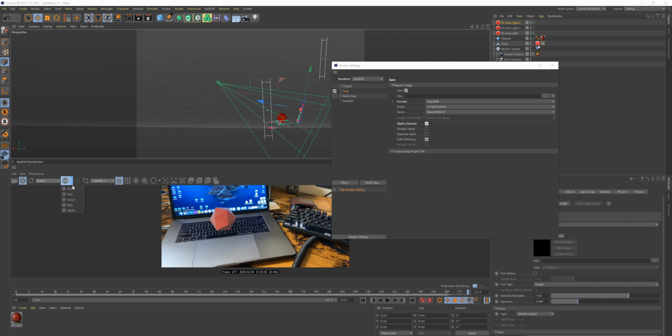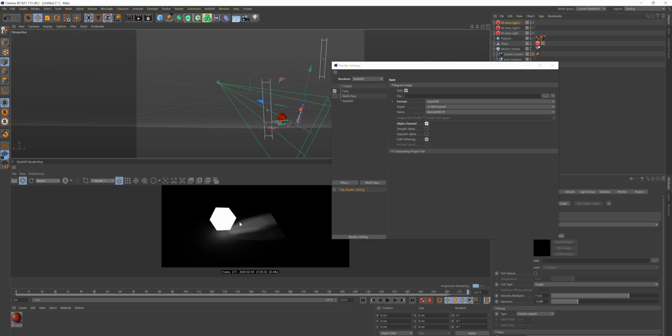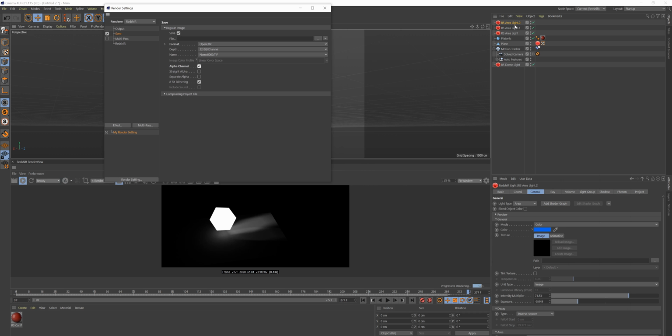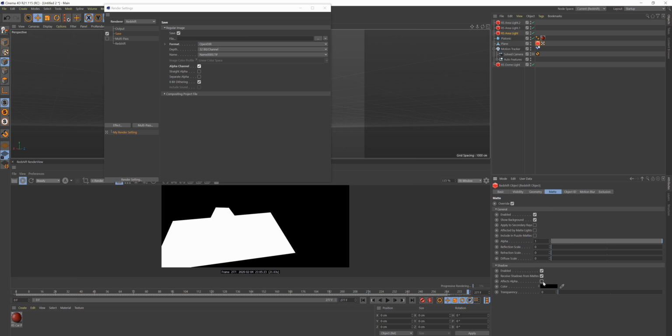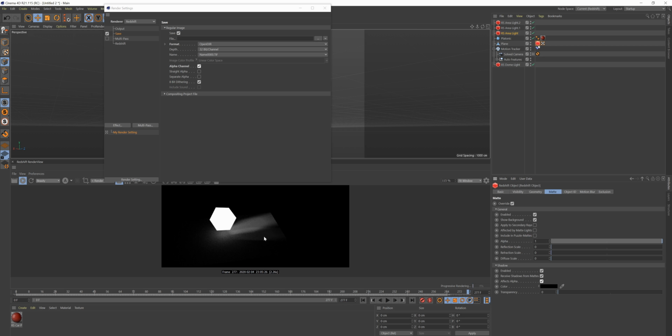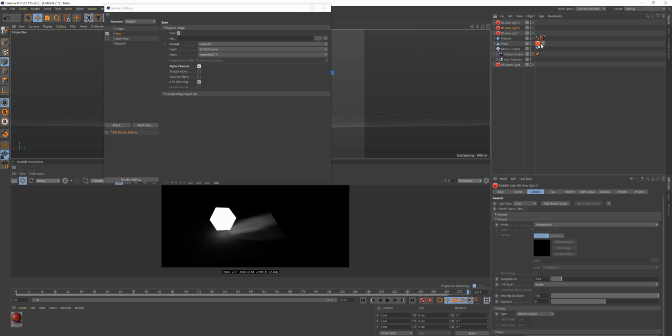And if we click on alpha right here, we can see we got our alphas, which is what we want. And we got away with this because, remember, let's go to our plane, we clicked object or mat ID, and remember we said affect alphas. If we didn't, we don't have our shadows, so you want to make sure that you have that selected, so we have our shadows. And then we also went to our black back plate,